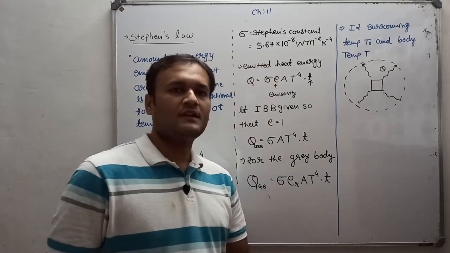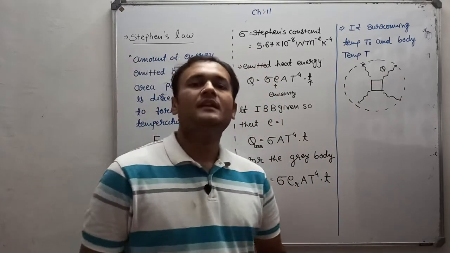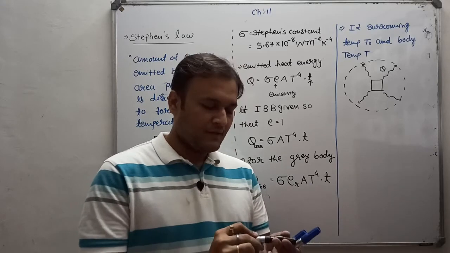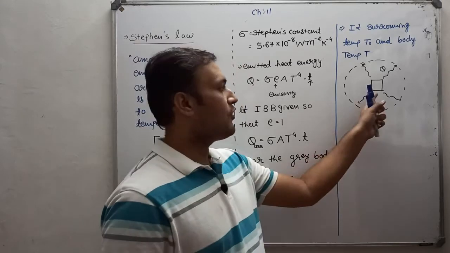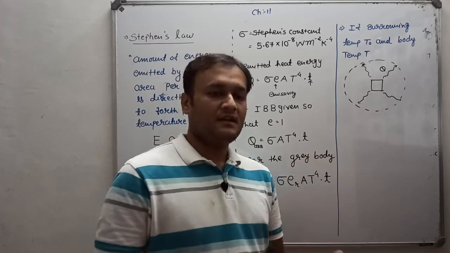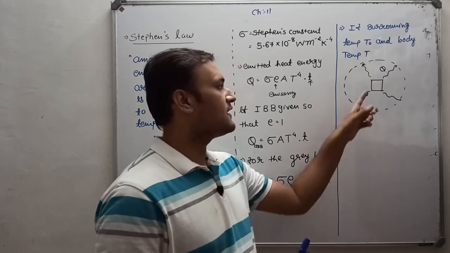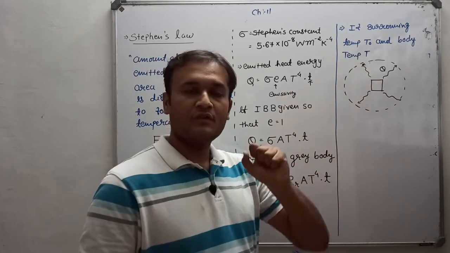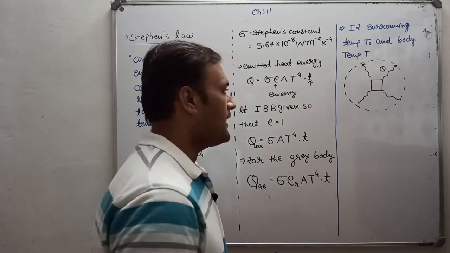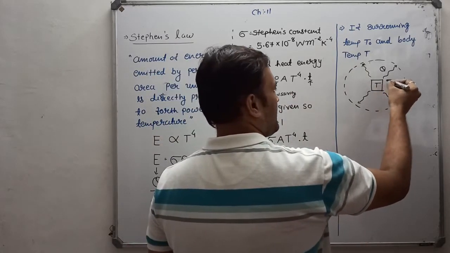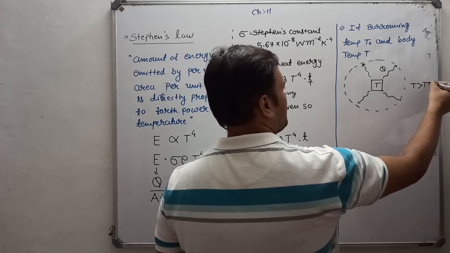According to the calorimetry principle, the heat lost by the body is the heat gained by the atmosphere. Who loses heat? The body. And who gains? The atmosphere. And always the temperature of the body T is greater than T0, so that